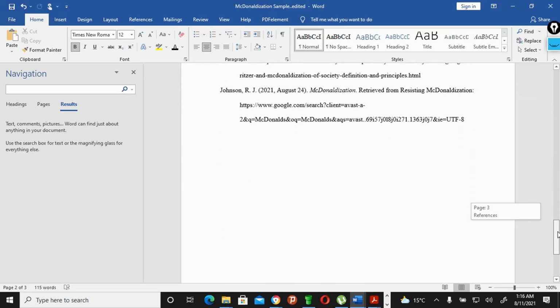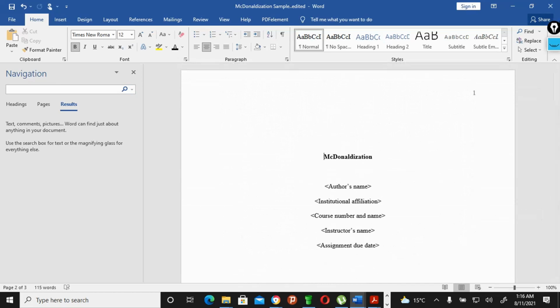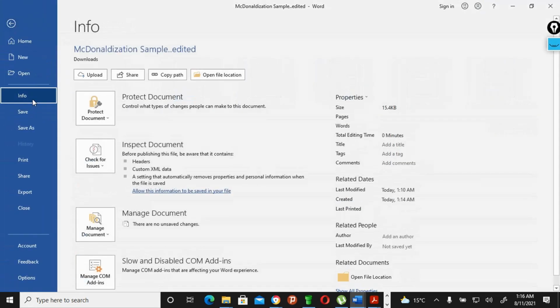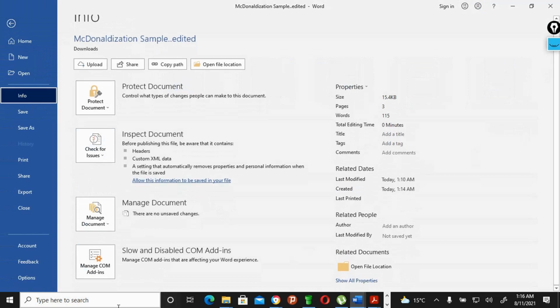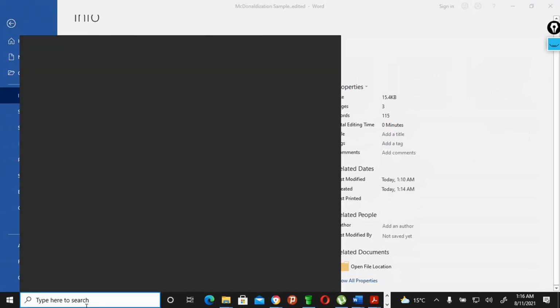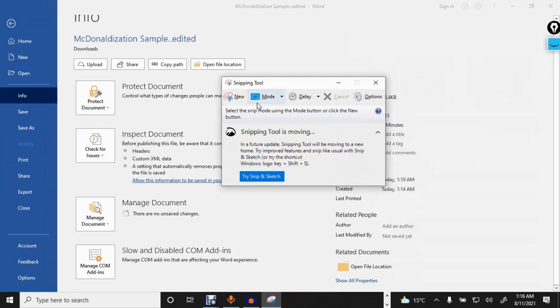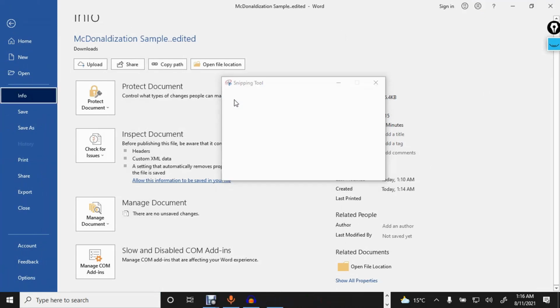My references are okay. So I think I'm just done. So once you send me this document, snip for me, okay? Snipping tool, use the snipping tool. Like you just come here and come to here, info, and then you snip for me these document properties. So you come here and write snip. I don't know if your computer has this snipping tool, but it must have, or you screenshot and send it.